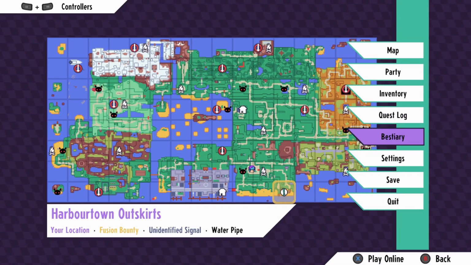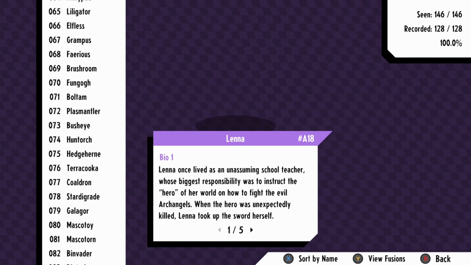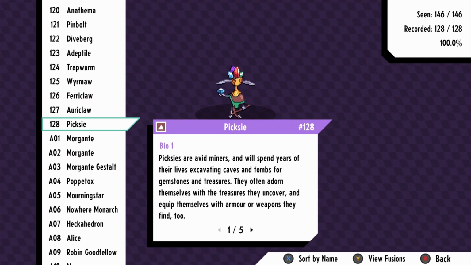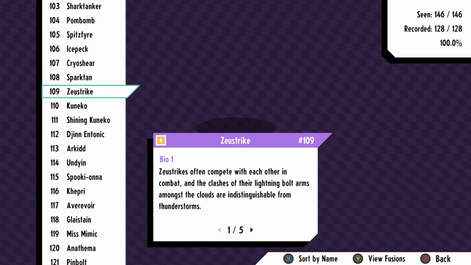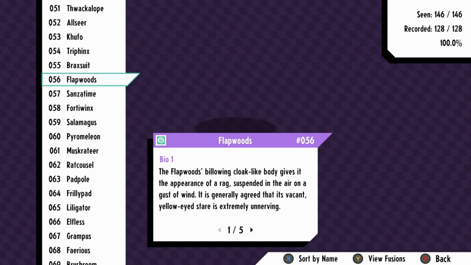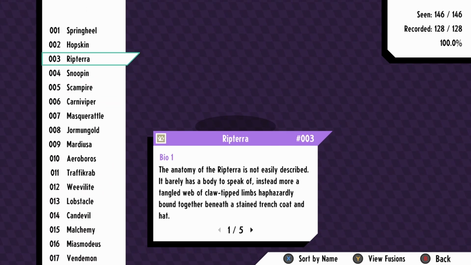If I pause this game right now and I open up the bestiary, you'll see that at least I haven't got the DLC yet, so we're ignoring the DLC here. I have recorded every single monster in the game that can possibly be recorded, and I have seen every single monster in the game. That's according to the bestiary at least. However, the bestiary lies, because there is one secret monster in this game that doesn't count towards completing the bestiary,